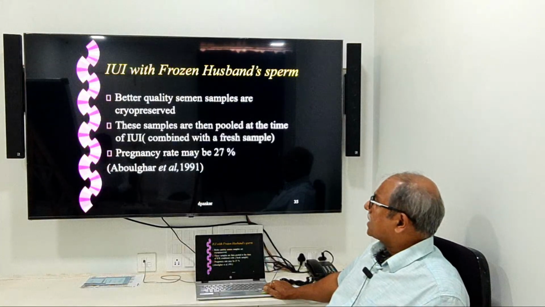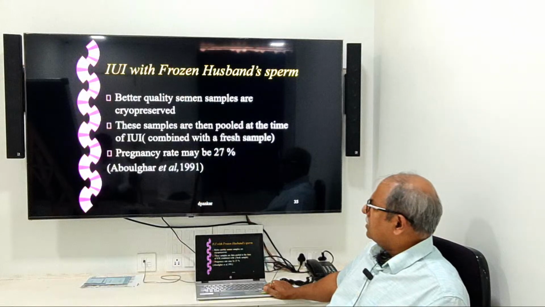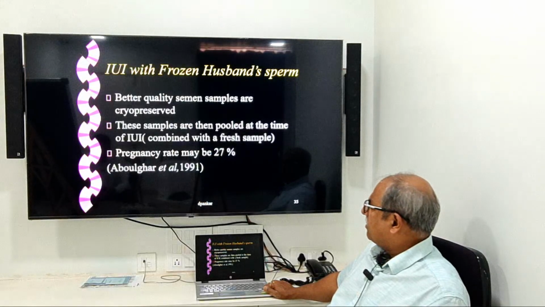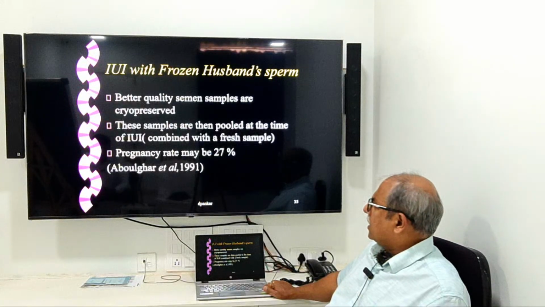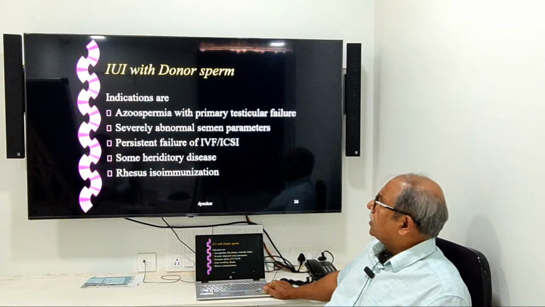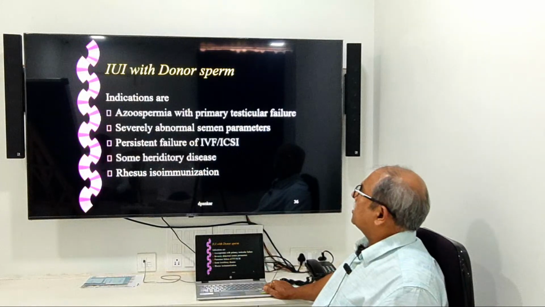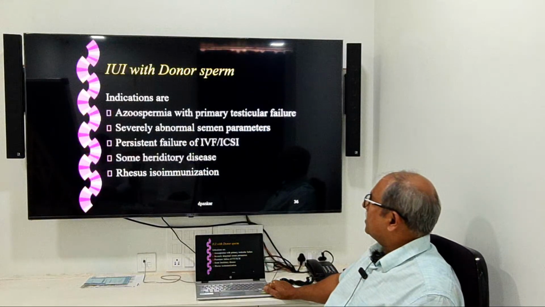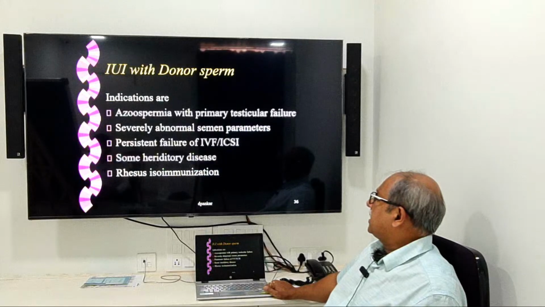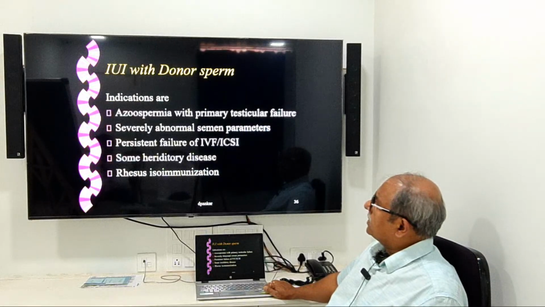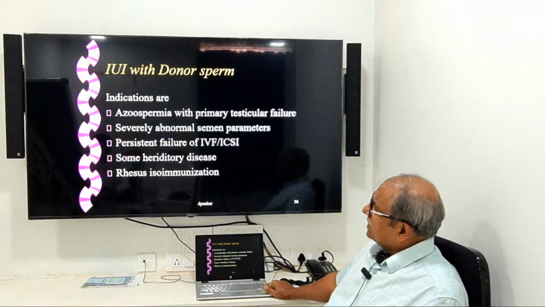Better quality samples are cryopreserved. These samples are then pooled and the pregnancy rate may be 27%, reported by Avulgar et al. So the indications for donor sperm are azoospermia with primary testicular failure, severely abnormal parameters, persistent failure of IVF ICSI, some hereditary disease, and rhesus isoimmunization. With these cases,